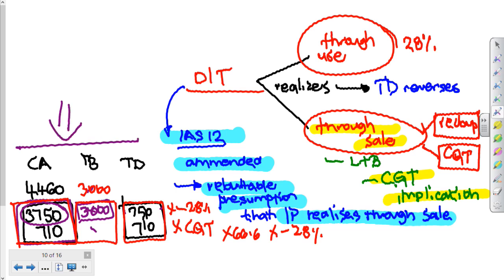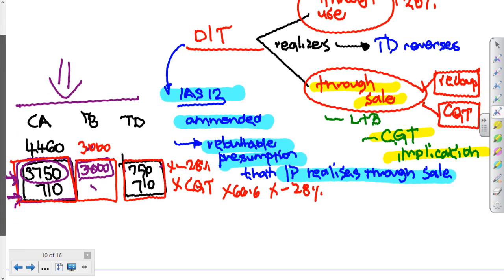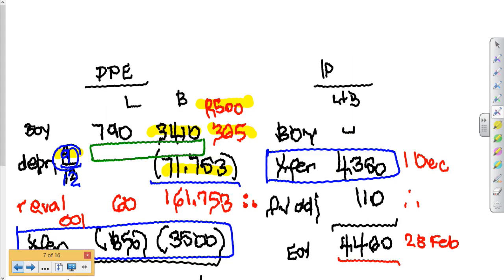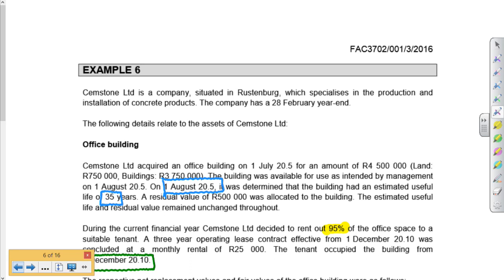I need to split the value of my asset into the cost piece and the above cost piece, which you can see over here. So if I use that previous example that we had, a property that had cost 3750. Let's just go back to that property, to the question. Here is the building. It had cost 3750,